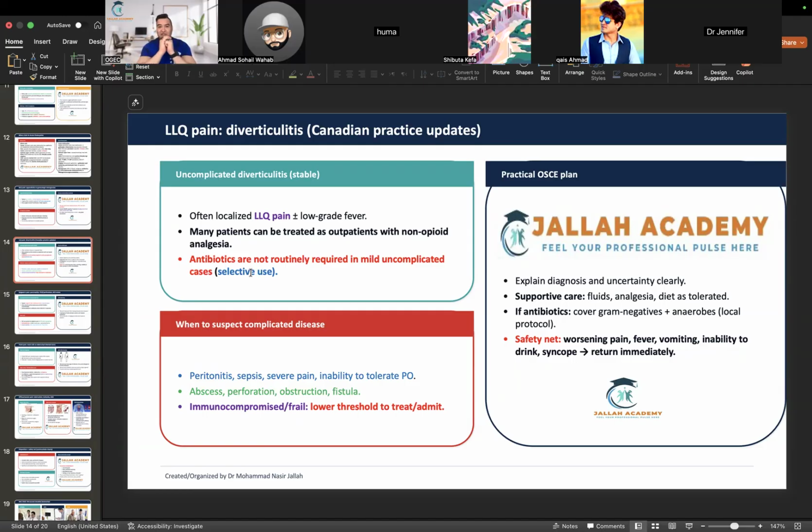So when it comes to antibiotics, a few things I have to raise here. If the patient needs antibiotics, the patient has systemic signs and symptoms. Like in this case, if you notice, it says low-grade fever. If the patient is feverish, has chills, and is also very toxic, or has severe systemic signs and symptoms, then obviously you need to go for the antibiotic. But the question is, what is the best antibiotic for an outpatient or inpatient?